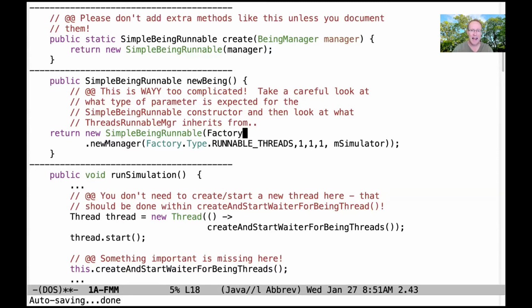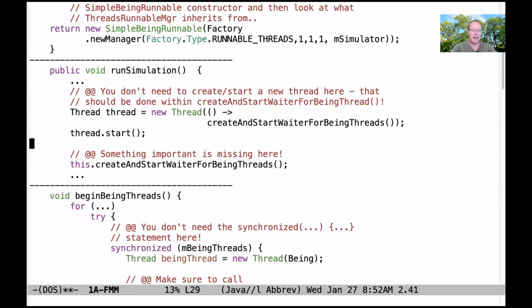If you find yourself doing anything the least bit complicated, you're probably overthinking the solution. But it's also part of the assignment to figure out how to do this, so you have to spend some time thinking about it. Okay, let's now move down into some of the methods that make up the runnable threads manager.java file. So one of them is run simulation, and the comments indicate that there are 3 things you have to do there. The first thing you're going to have to do is basically begin being threads, which we'll talk about in a second. The next thing you do is you need to